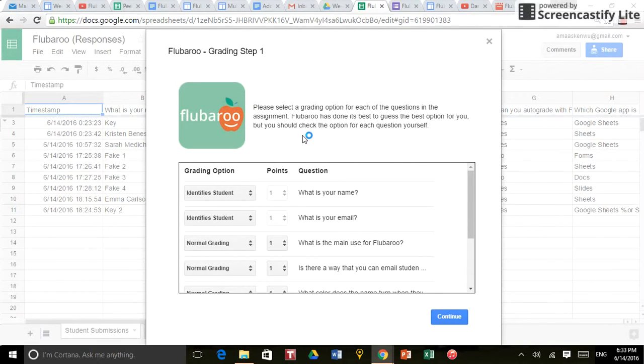And since Flubaroo doesn't know who you are and forms doesn't allow non-anonymous responses, you'll have to put in questions that say, what is your name or what is your email? That can help identify who you are. And since we do that, we can't really grade it, so we set it as identify student for those two